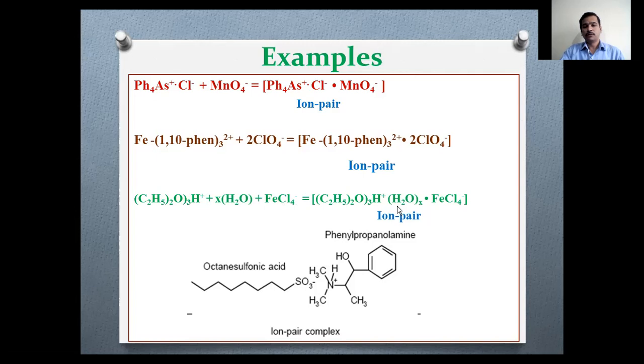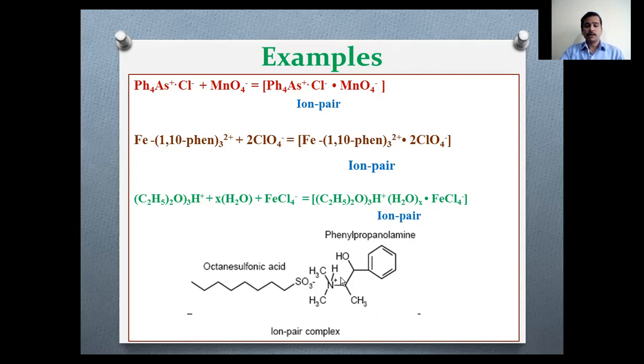Solvation of the species will take place here in order to form an oxonium system, and this oxonium system will be reacting with the anion, because the oxonium system is positively charged and the anion is negatively charged. So the combination of these positively charged and negatively charged species, by coordinating along with the water, will be extracted into the organic layer. The organic layer is the ether here. These types of complexes also belong to ion association complexes.